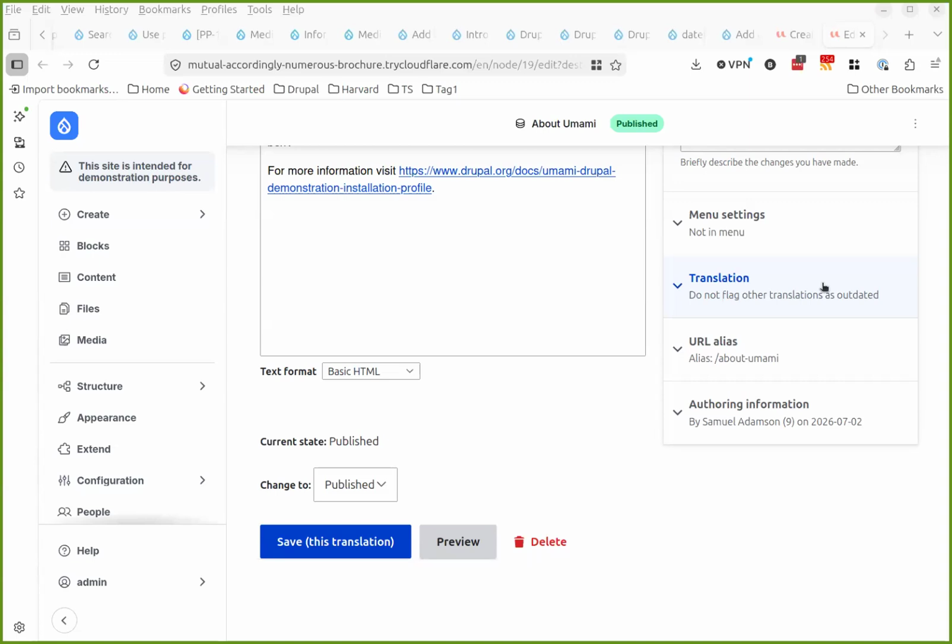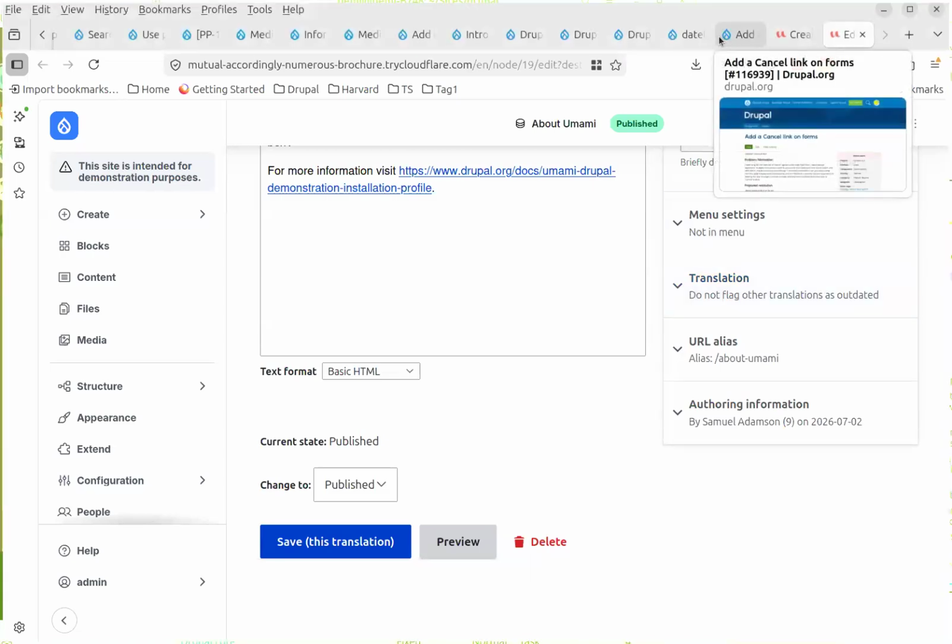So would it be a usability improvement? Thumbs up from CMO, so it's unanimous. Would it be a usability improvement to add a cancel link? I get a thumbs up from Thomas and from CMO. I think I agree. And if we go back to the issue,